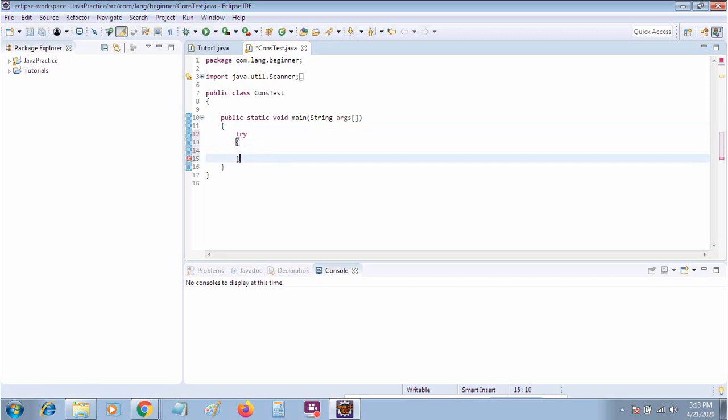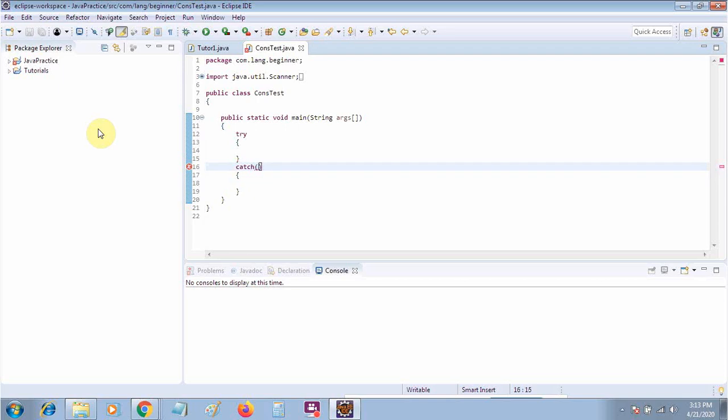So suppose I am saying there is a try. Whenever you use try, you have to use a catch block. Inside the catch you have to write your exception. You can write the complete exception name, like ArithmeticException, if you think an arithmetic exception may appear. If you don't know what kind of exception may appear, you can just write the word Exception here. Not too much is required. So let's move on.